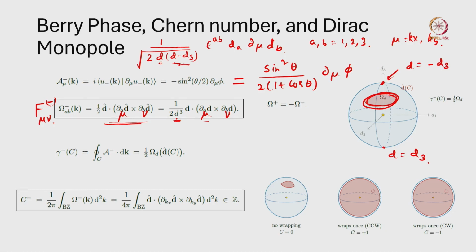Okay. And then the Berry curvature is just a line integral over the Brillouin zone, and that can be converted with Stokes theorem into a surface integral over the Brillouin zone. So, we will have the Berry curvature, and that is our Chern number, which is the total solid angle over this entire space. Okay. So, now